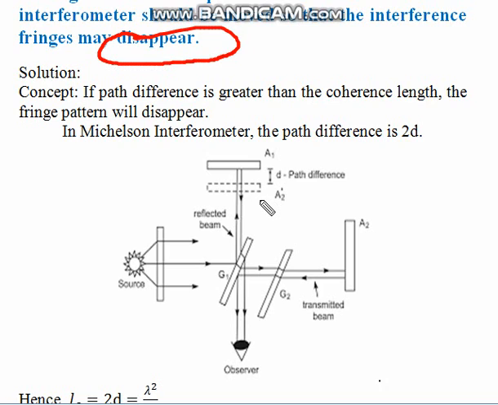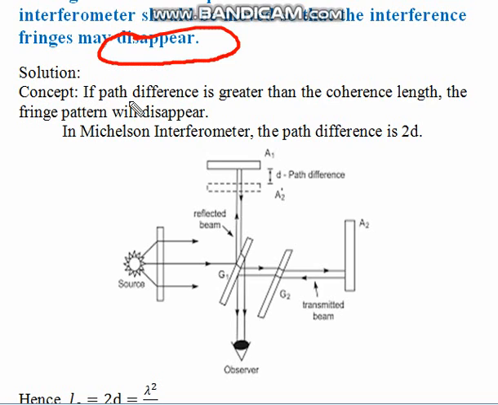The light ray has to travel a distance 2d more as compared with before. For the to and fro propagation of the light, there is a distance d on the way out and d for returning back, so the total extra path difference is 2d. The initial path difference was 0 because both arms are equal. If you move either mirror by a small distance d, an additional path difference of 2d appears.